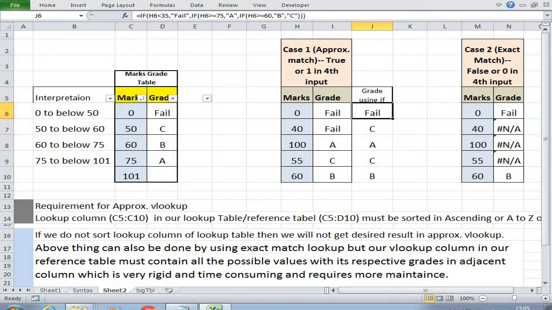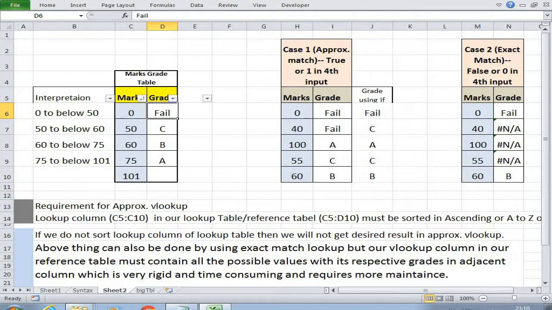But in case we have to build a more nested IF formula, it will ultimately increase complexity and will become less manageable or prone to error. So this approximate VLOOKUP is a very good and efficient substitute for nested IF formula.